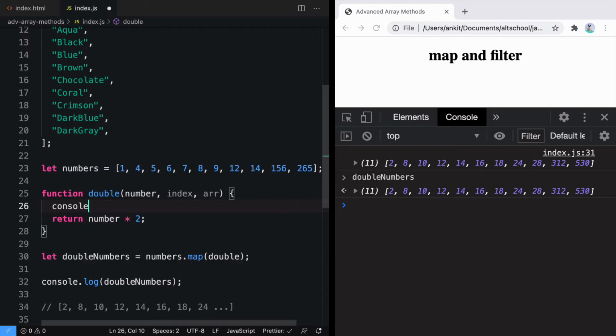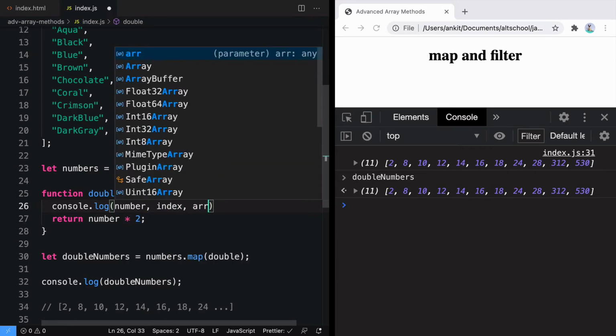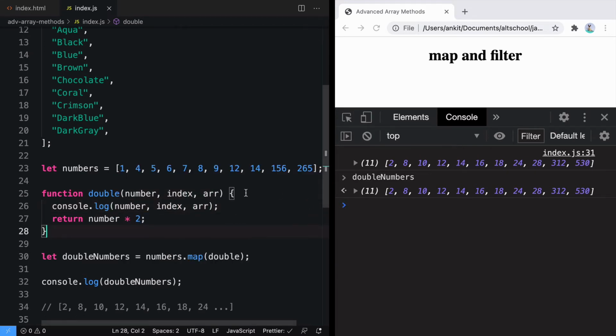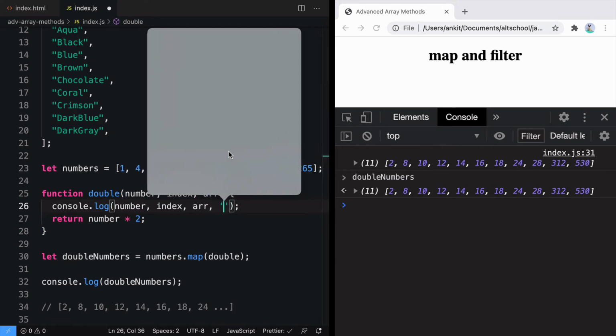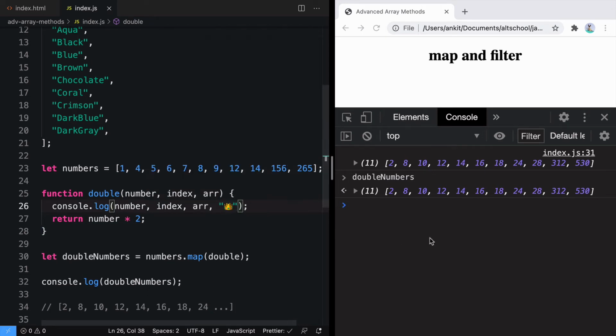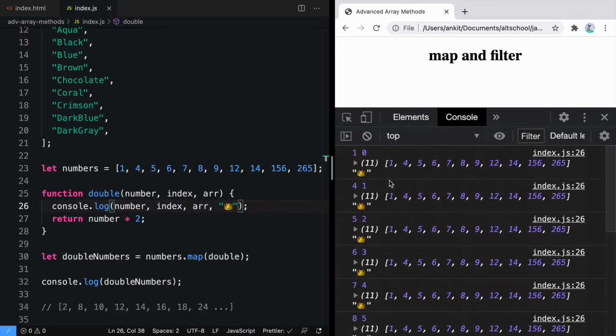So here I can just say console.log and pass number, index, and array just to see what values we are getting. And here we'll write a message with an emoji so we can understand where it is coming from. Let's refresh this page, and here we can see the first value is 1, that is the number. The index of 1 is 0, and this is the whole array.